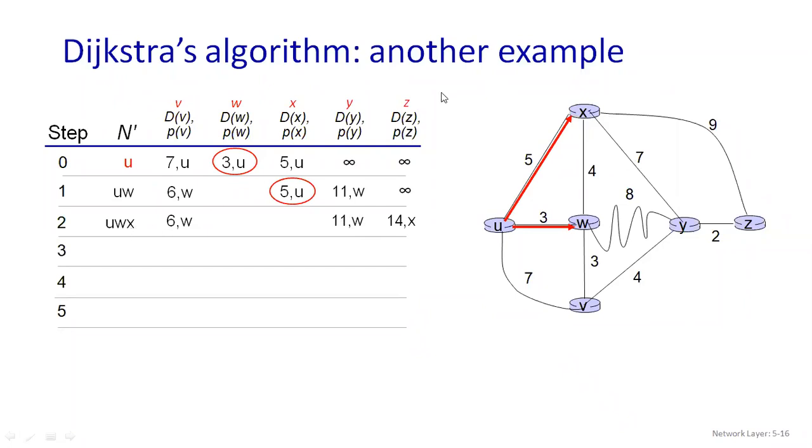And the next one is X to Z. If I'm here at X and Z is here, and I connect with this, 5 plus 9, it will be 14, and the previous node will be X. So I'm going to write it over here. Now which one is my smaller one? That is 6 comma W. So I have to attach V over here.